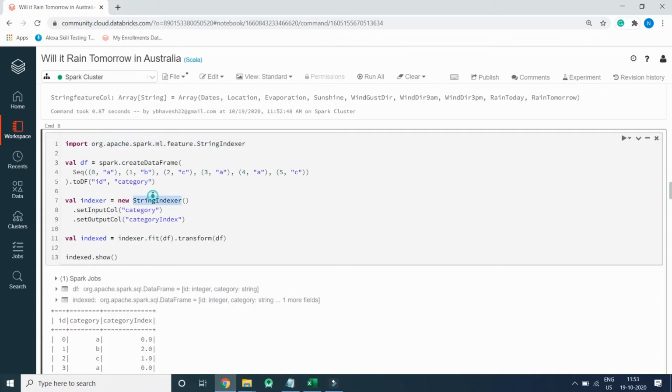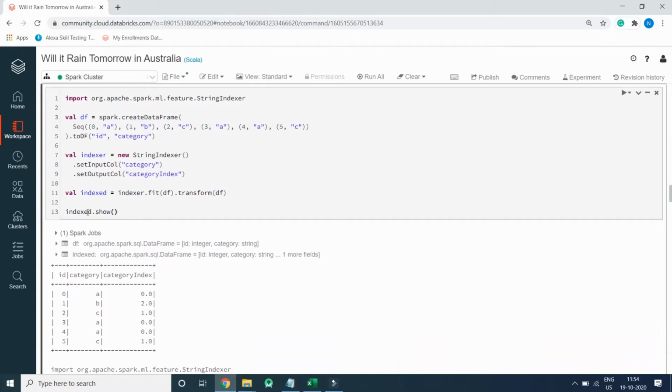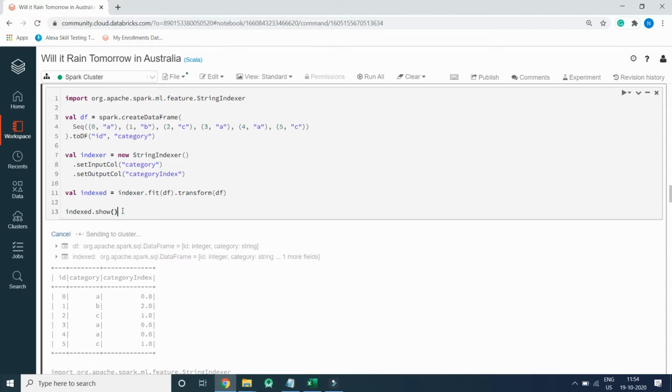So we will use string indexer, set input column category, A, B, C, all these are category, and set output column as category index. And we will display the data frame, index equal to indexer dot fit. Fit is a transformation where it fits the data and transforms the data frame into the equivalent numeric values, and we will display index.show. Let me execute the code.